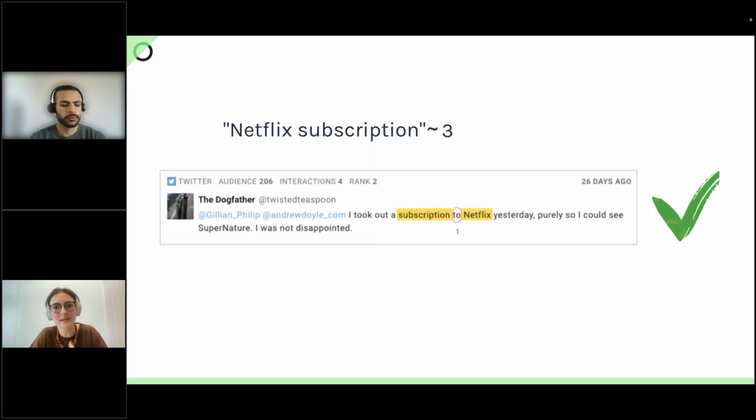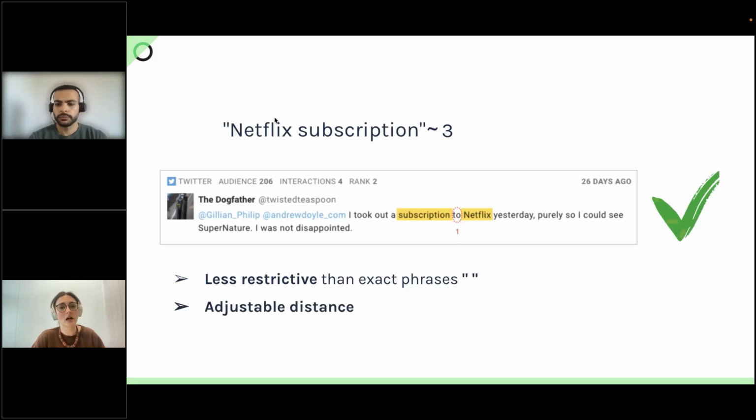So in this case, this tweet will be collected because I have one word between the keywords that I'm searching for. I'm being less restrictive than just using the exact phrase.